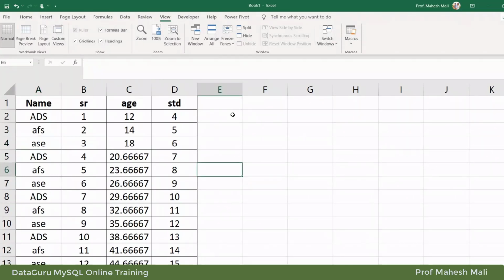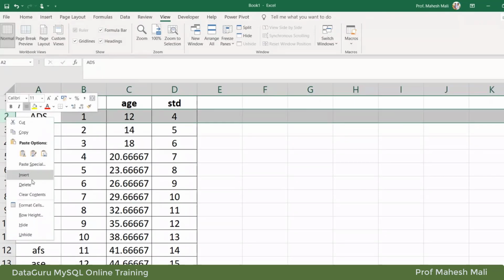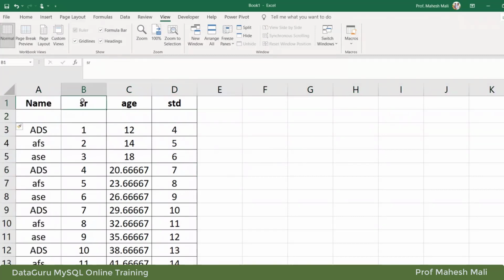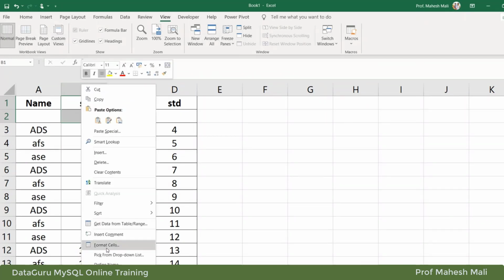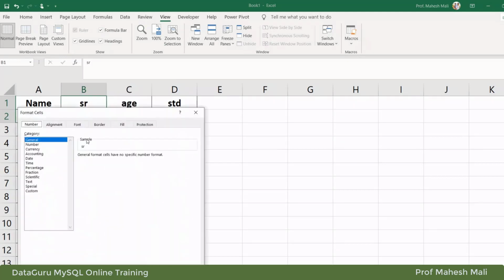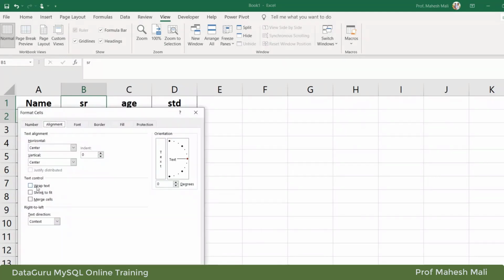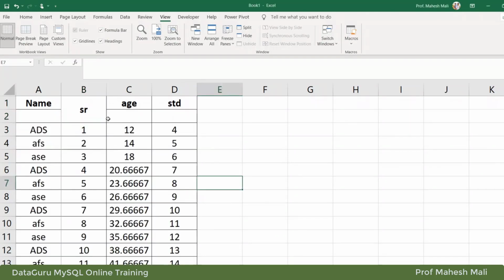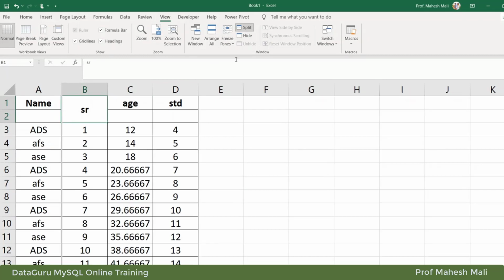Suppose I want to split one row, or merge one. Suppose I want to insert and I want to merge these two cells. I can use the merge option over here. ठीक है, right click करेंगे, format cells, and there is an option called merge cells. See, if I want to split the cells, I can click on split.